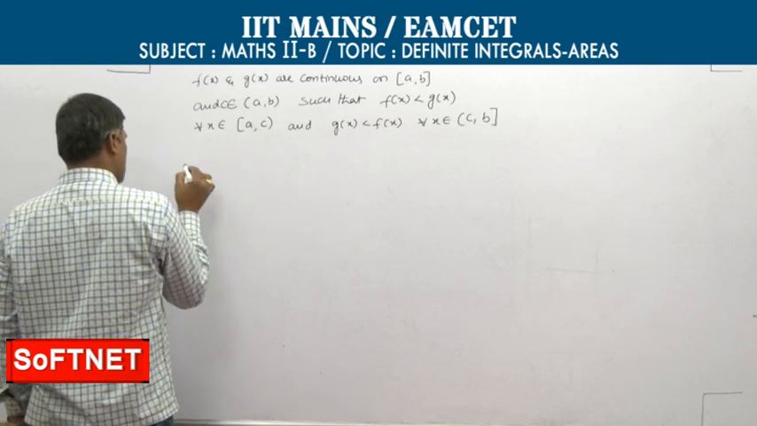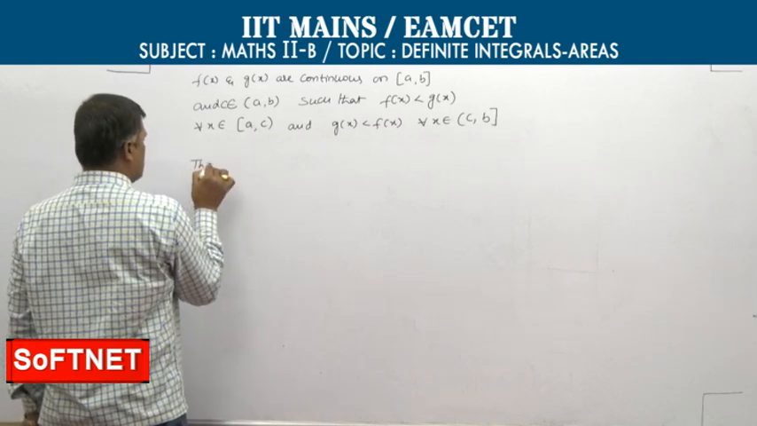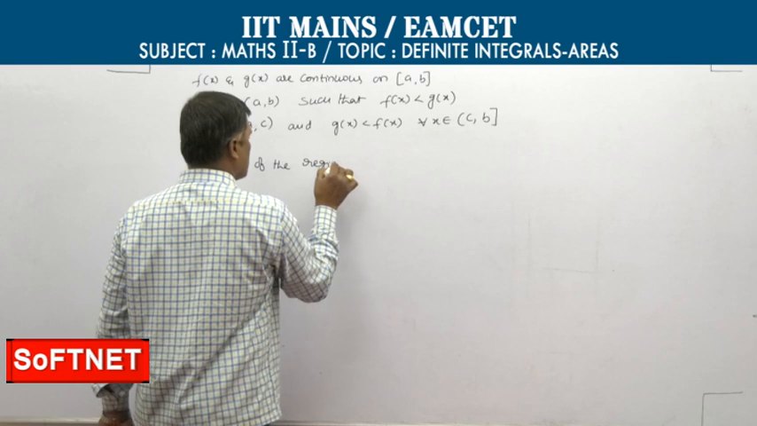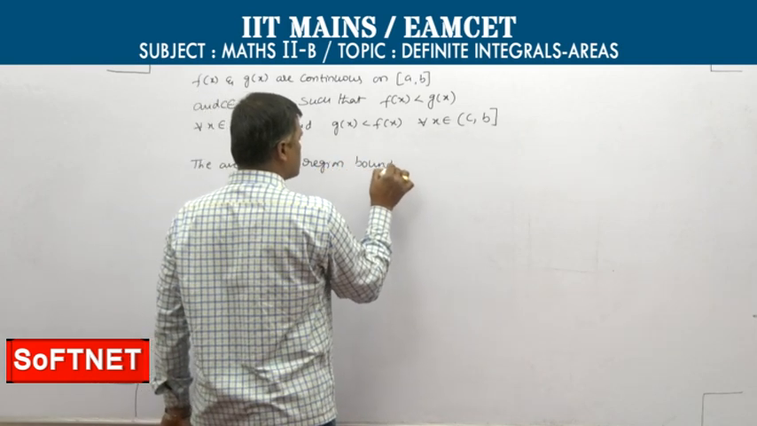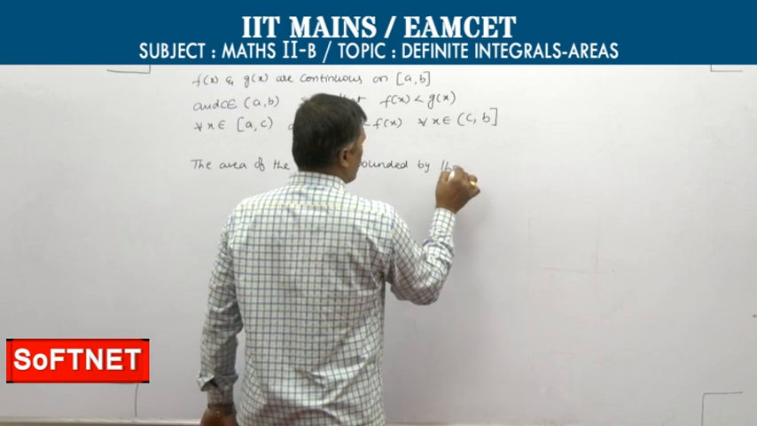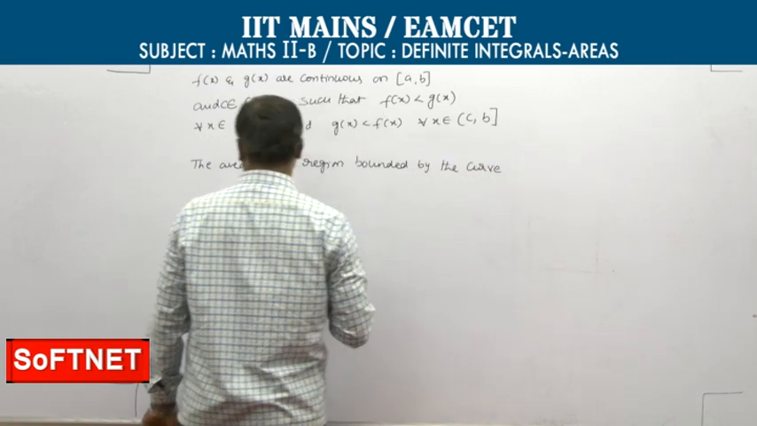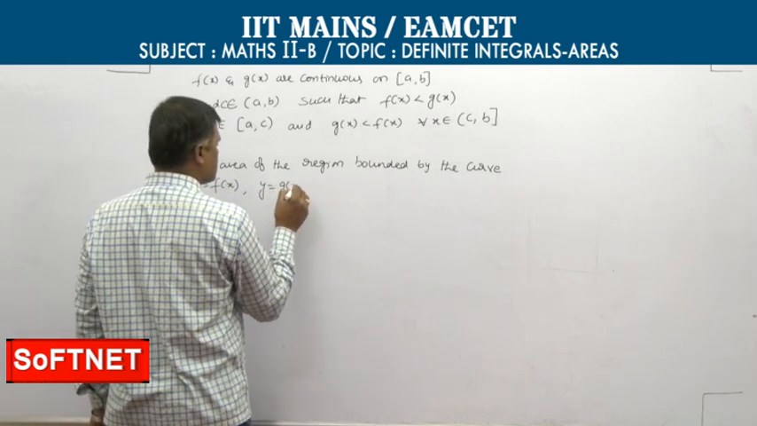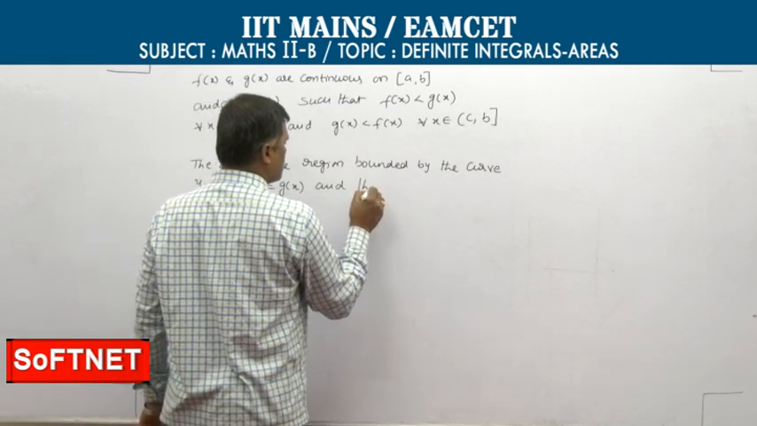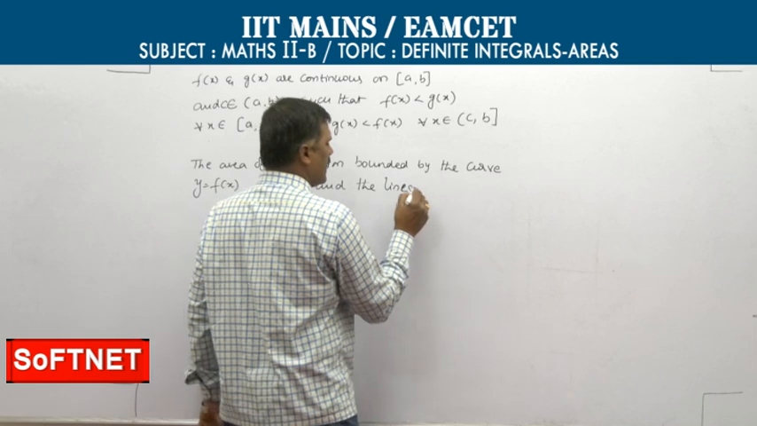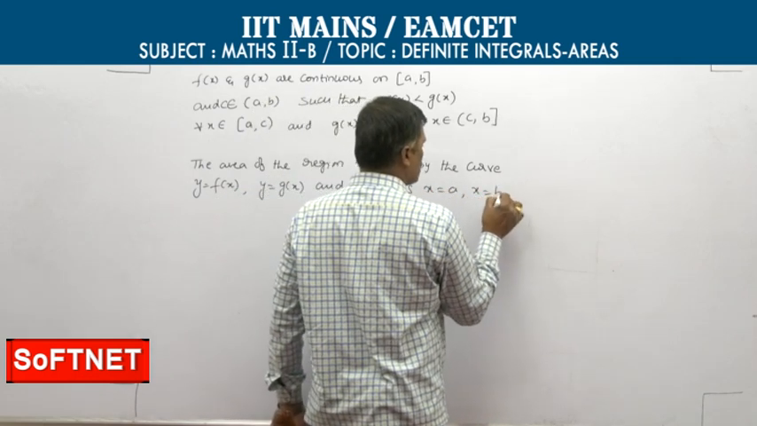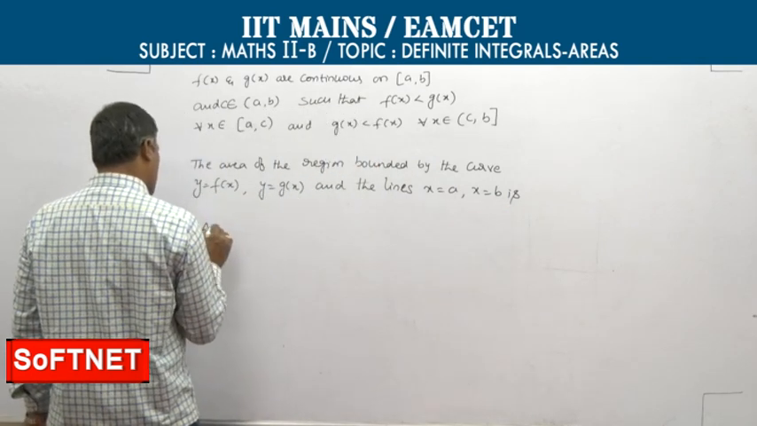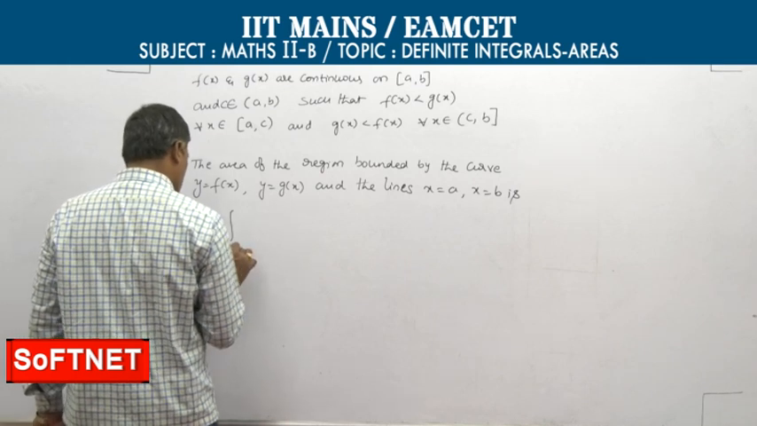then the area of the region bounded by the curves y is equal to f of x, y is equal to g of x, and the lines x is equal to a, x is equal to b is given by area A is equal to integral of a to c,